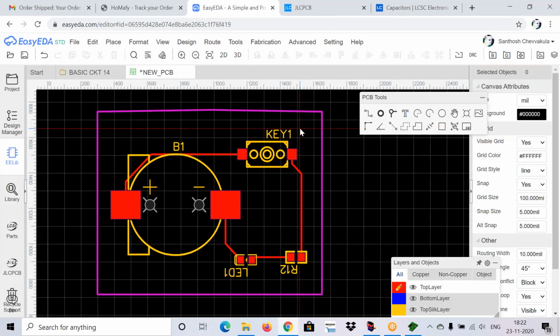When you observe the plus like this, give a click at the left top side, again a click at the right top side, now at the right bottom. Make sure that all the components are inside of your copper area.